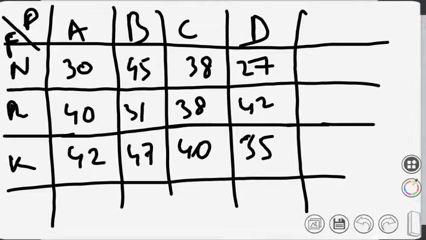So what we will be testing here is, number one, whether there is significant difference due to the plots. And second, whether there is significant difference due to the fertilizers, tested at 5% level of significance. To do ANOVA, first decide whether it's one-way or two-way, then write down the null hypothesis accordingly. Then write down the first table that we have written, SST, SSTR, TSS, and leave some space after that.